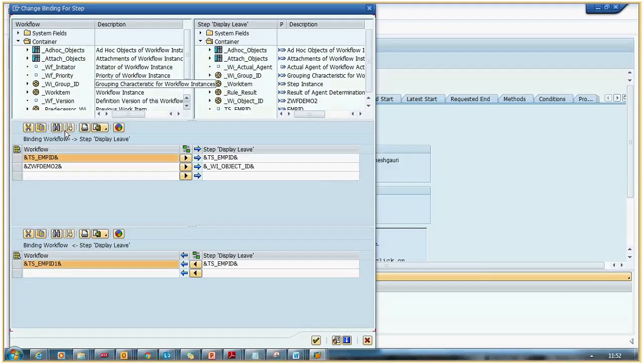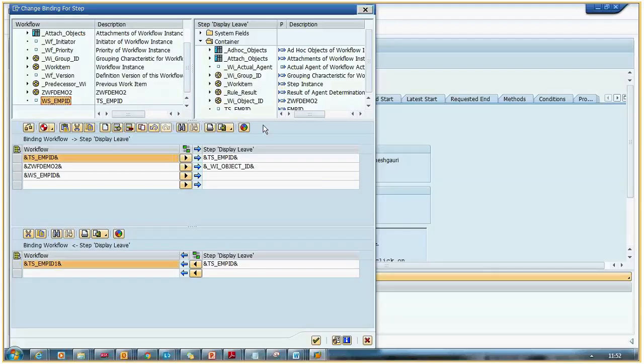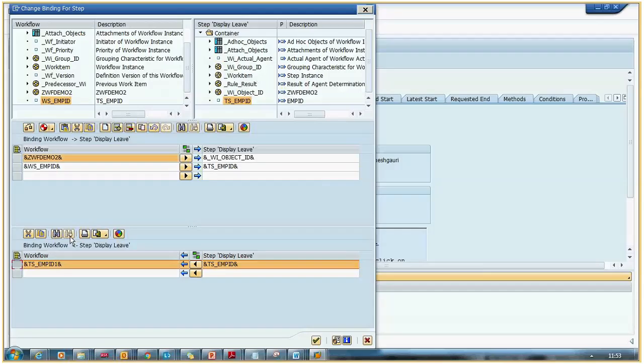Okay, so TS, this is the workflow. We don't want TS, we want it to be, you can drag and drop it also here. Similarly for this one, we'll just remove this as of now, and similarly this is not required here because we're not going to return anything here. Okay, so binding looks okay,